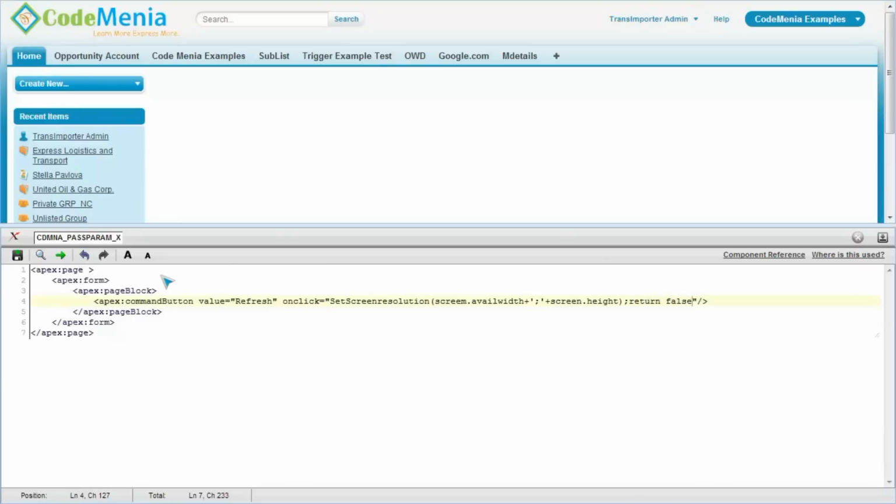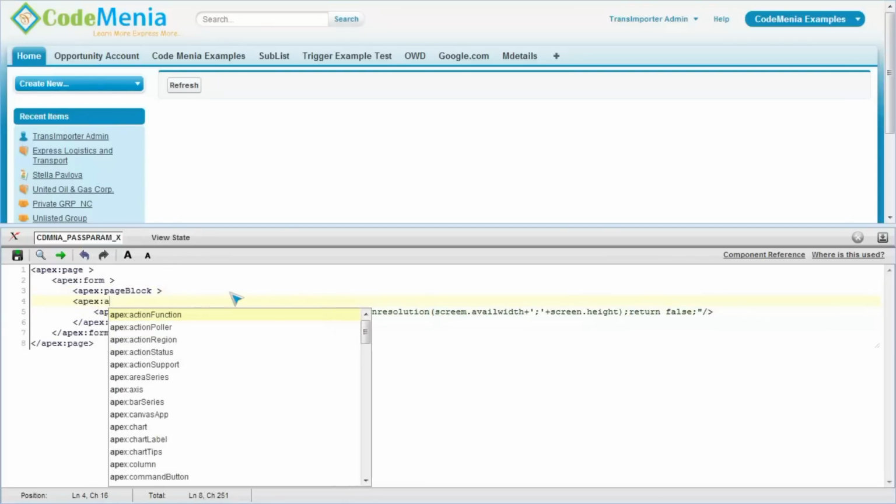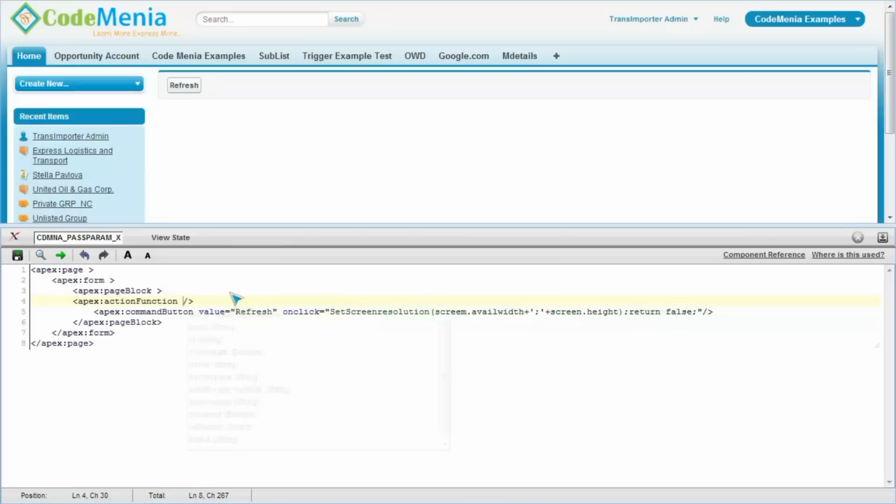So these are JavaScript inbuilt methods which return screen width and screen height. I am just concatenating it with semicolon and it will return false. Now if I click on refresh, nothing will return. So what I'll have to do, I'll have to create one Apex action function,